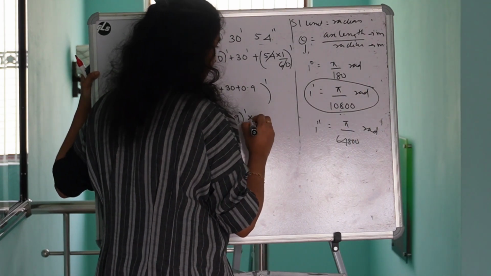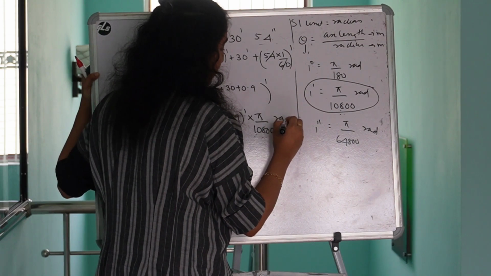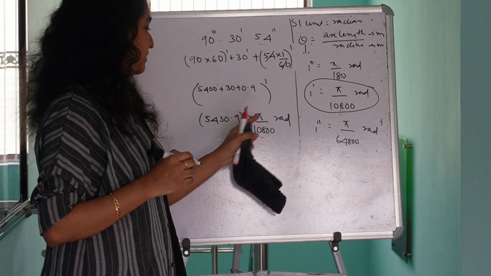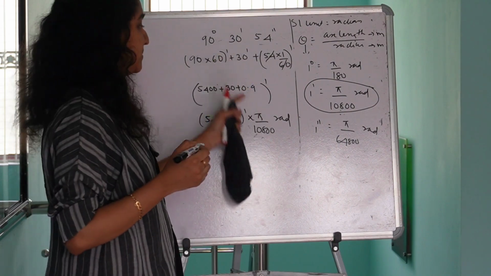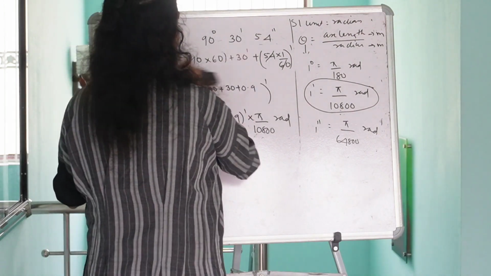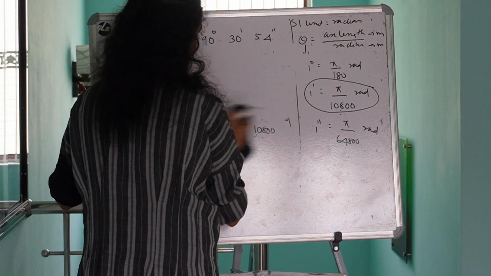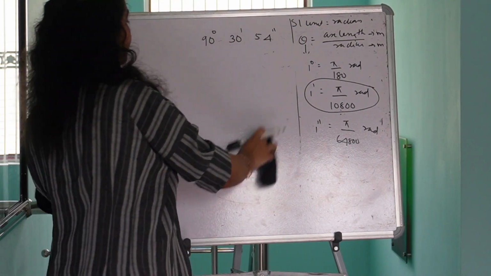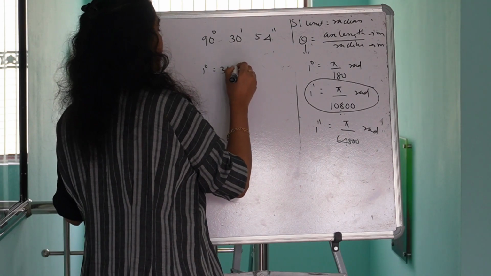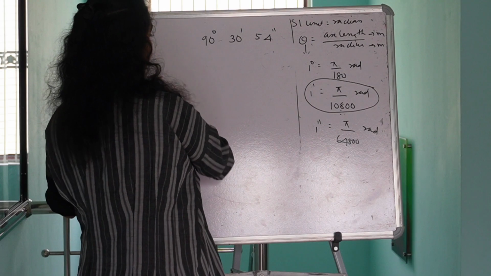by pi divided by 10800 radian. Yes, once I find the product of this, I will get the angular measurement in radians. Is it clear, guys? Yes. Now let's try to convert all the given values into seconds. So I know 1 degree is equal to 3600 seconds. So what is 90 degrees equal to? I have to simply multiply